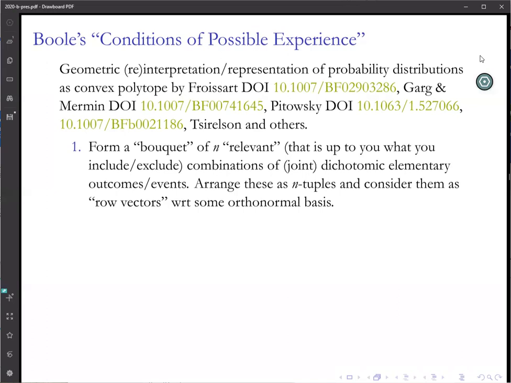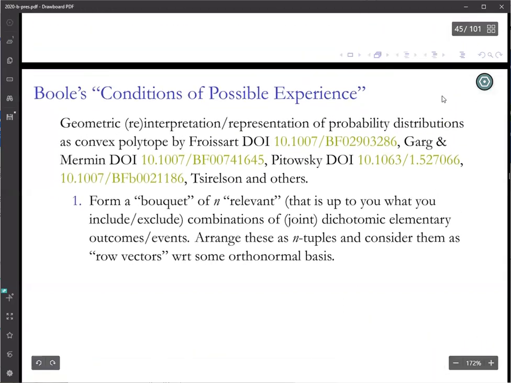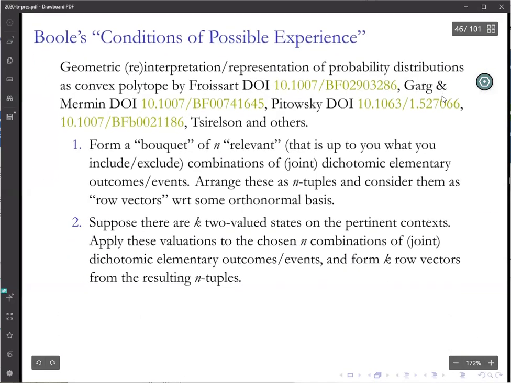Because you will consider the values of these rows as coordinates of vectors with respect to some orthonormal basis. This is at the basis of the method,